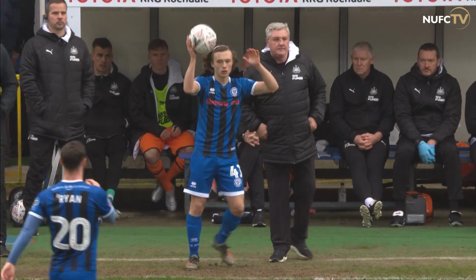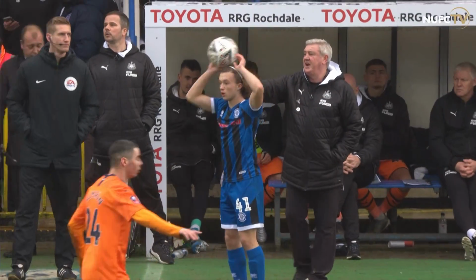Just doesn't look the same player, does he? Sean Longstaff, he's just...